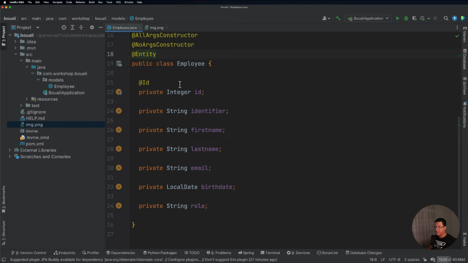So now the question is, how do we want to handle this ID generation? Is it up to us, for example, it's an integer, to always increment this ID by 1 or by a specific value and insert it into the database, or is there a way to do this in a simpler way using the power of Spring Data JPA? So let's see that.